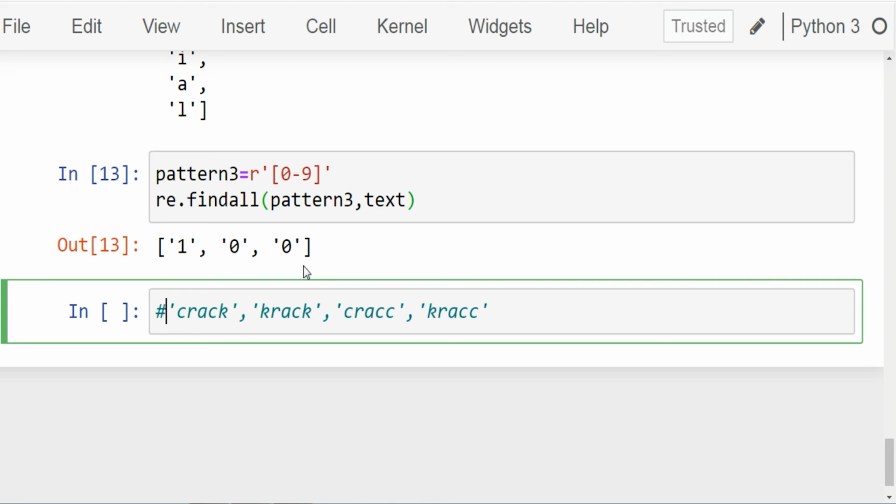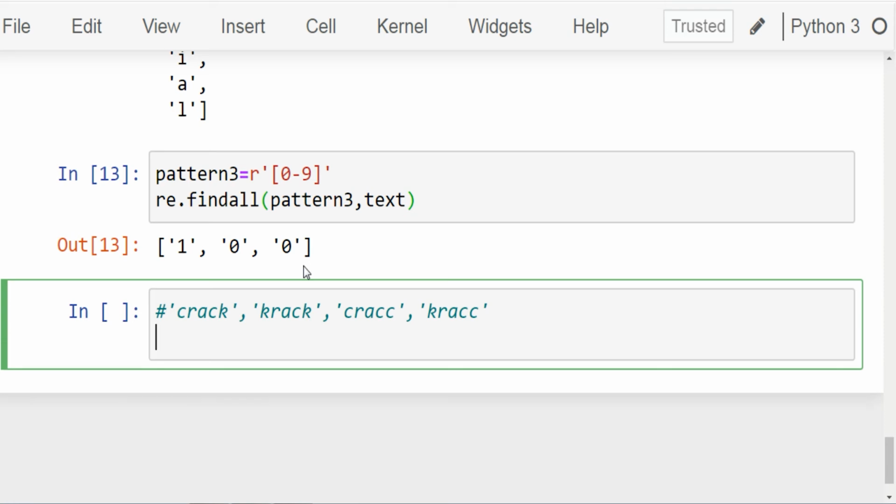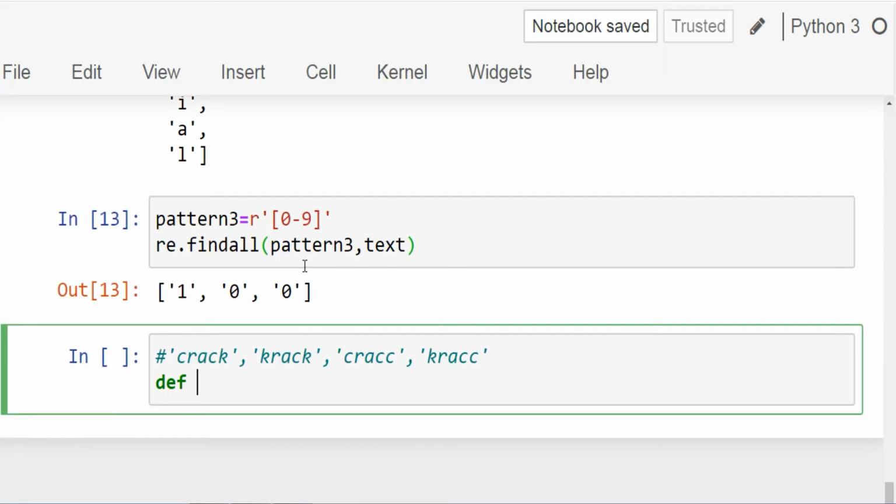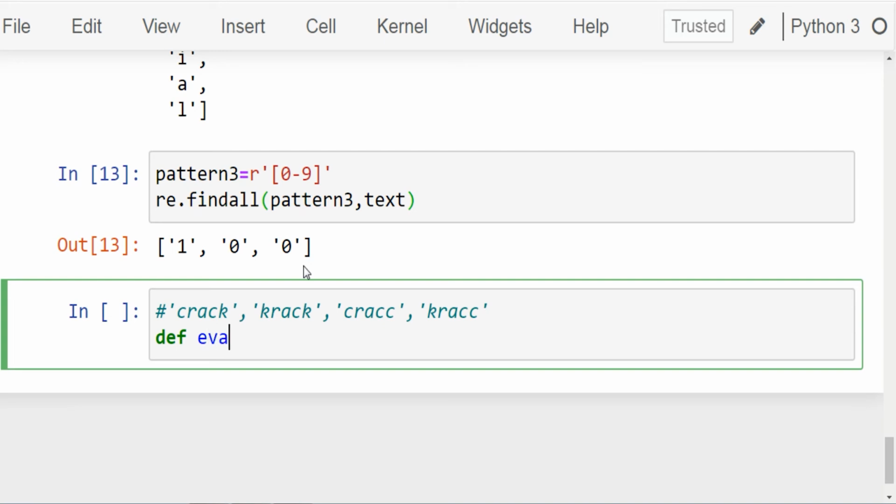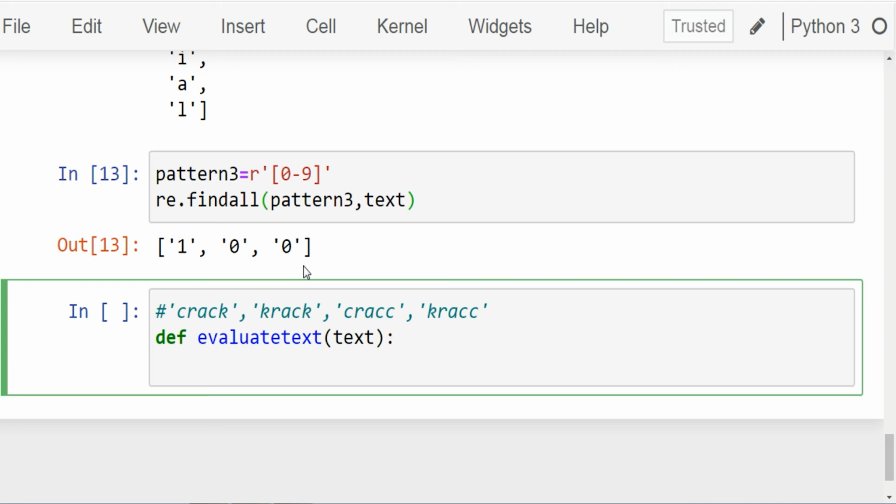If you want to write a single pattern that matches each of these words, you can take the help of character class. Let's do it. Write def followed by the function name. Let it be evaluate_text and within parenthesis write text. Text is the string which will be matched. Now write the pattern.